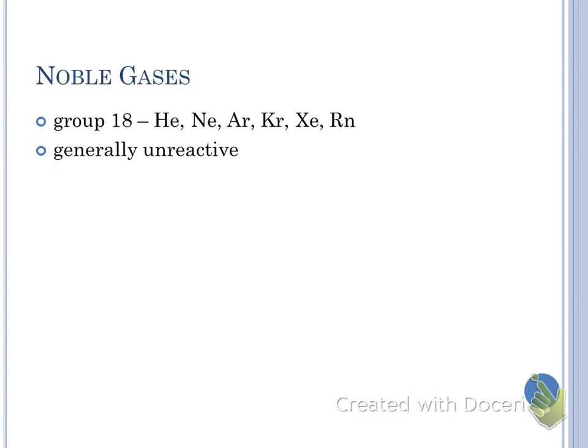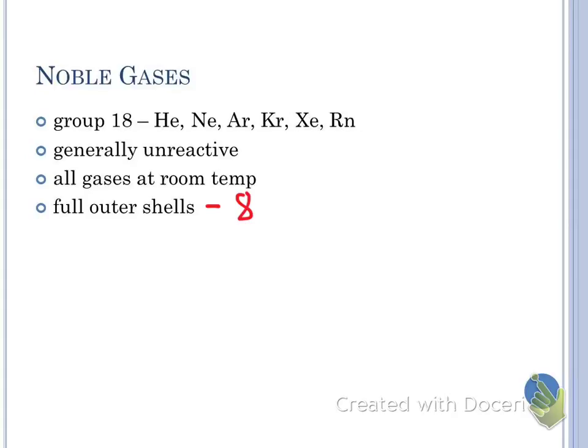Good. They have 8 valence electrons, and that's exactly what they need, so they don't need to bond with anything else. Okay? All of them are gases at room temp. They're unreactive. They have full outer shells, which means they have 8 valence electrons. So if you want to write that separately, or right beside there, that means they have 8 valence